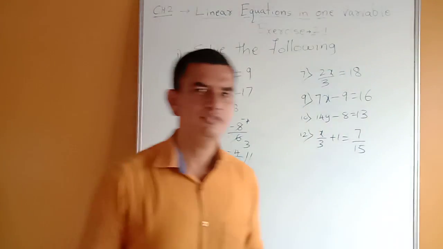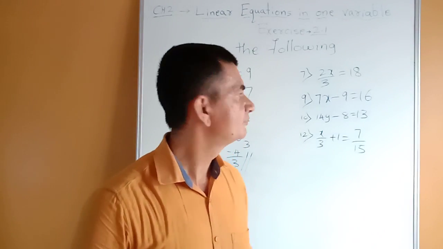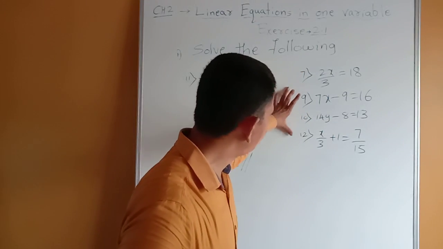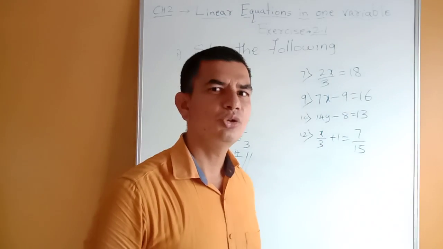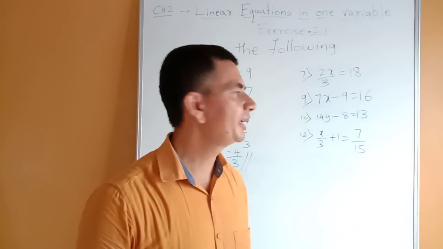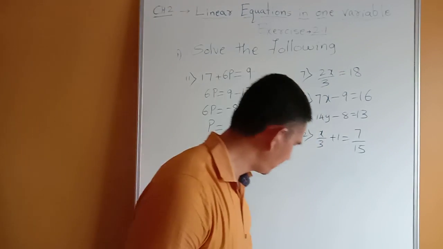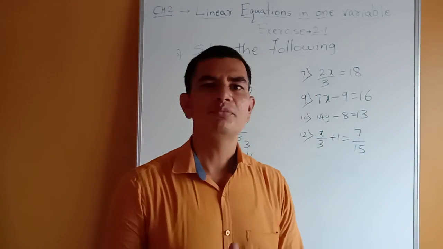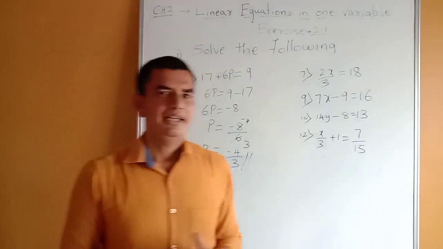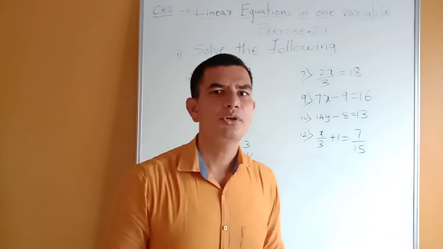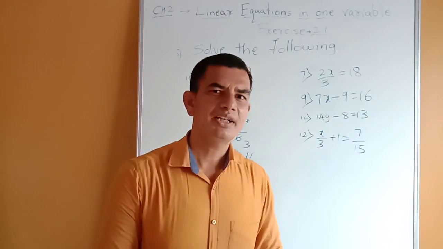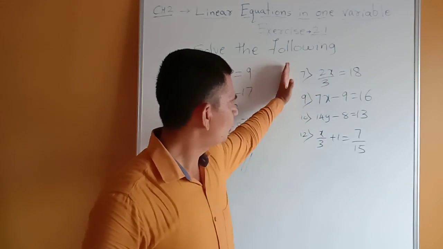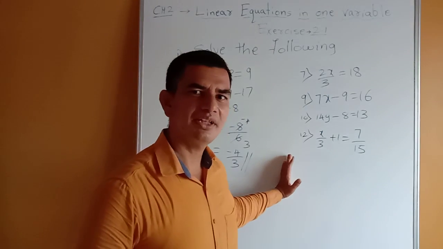Students, I think you have understood the 2.1, and these sums I have written here, 7th, 9th, 10th and 12th. In 12 questions I have solved 8, and one more example I have explained you. Now the remaining 4 questions I have given you to try at home. So in the next video we are going to continue with 2.2. Until then, you try at home and practice these sums at home.